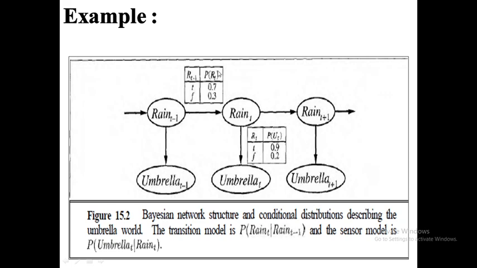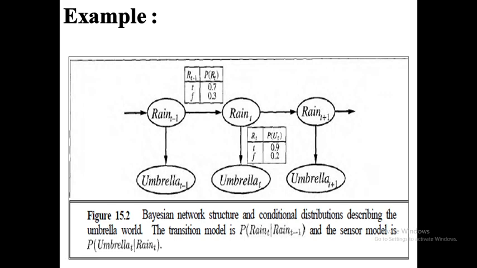For example, if I got rain today, we have to check whether rain happened previously or not. Yes, if rain happened yesterday with 70%, then today also we will get rain. If yesterday there was no rain, 0.3, then tomorrow also we may not get rain. Now coming to the umbrella, because the evidence is the umbrella for us. Whenever there is rain today, we will surely see the umbrella today. Whenever there is no rain at all, there is only a 20% possibility of the umbrella.